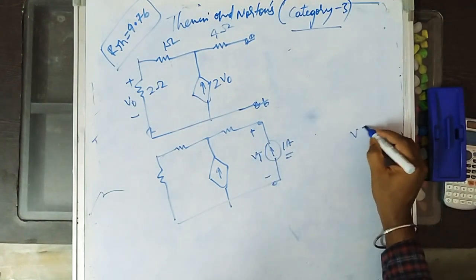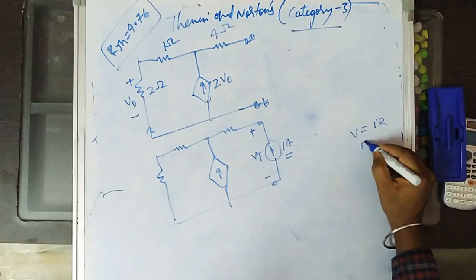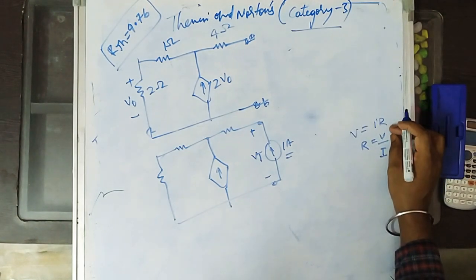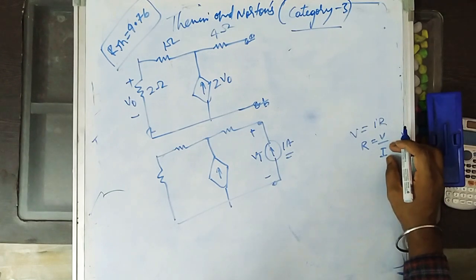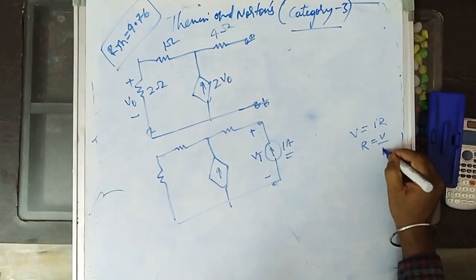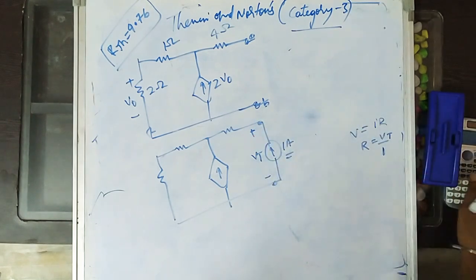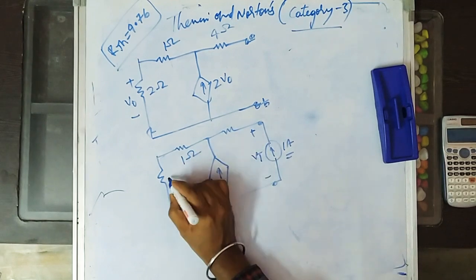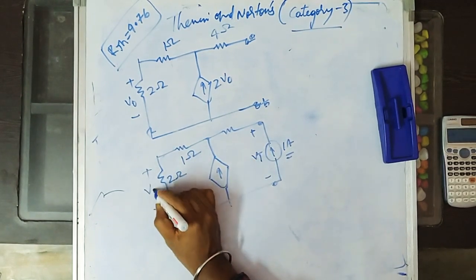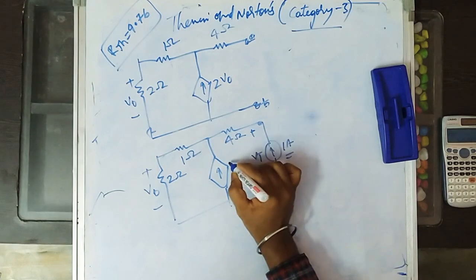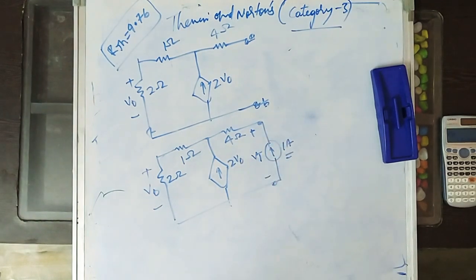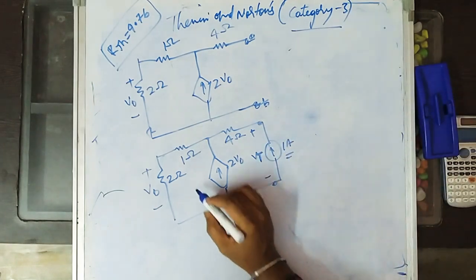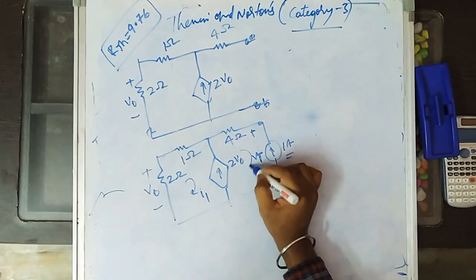Similarly, according to Ohm's law, V equals I into R. So R equal to V by I. If you give 1 volt test voltage, you will find the test current. If you give 1 amp test current, you will find the test voltage here, Vt. Okay. This is 1 ohm. This is 2 ohms. V0, 4 ohm, 2 V0. Okay. So to find Vt, similar to before we'll use mesh analysis, with I1 and this is I2.